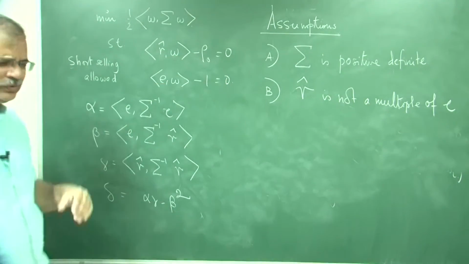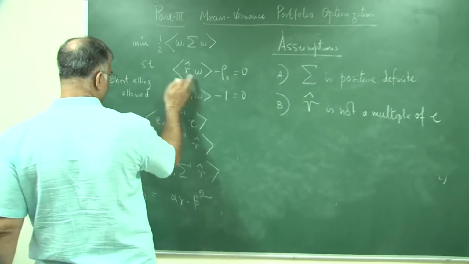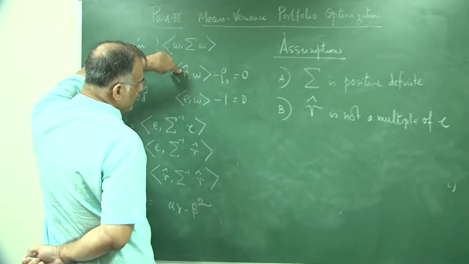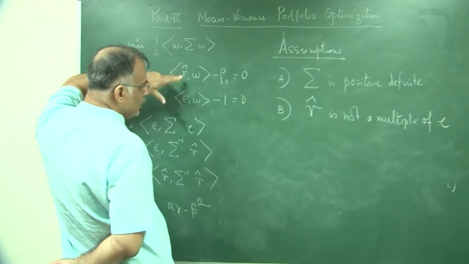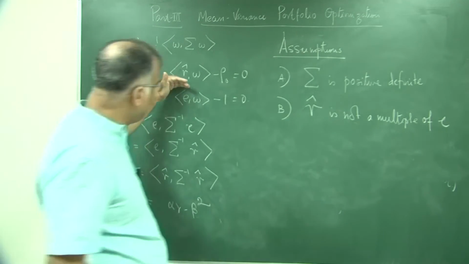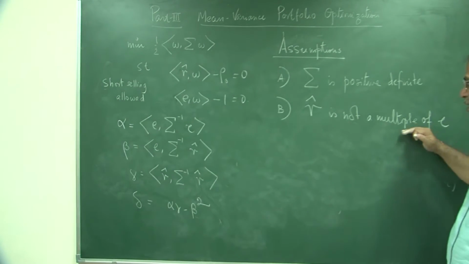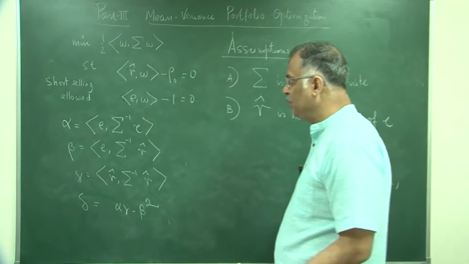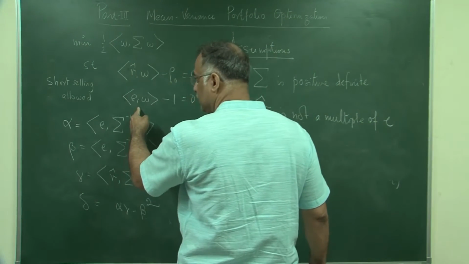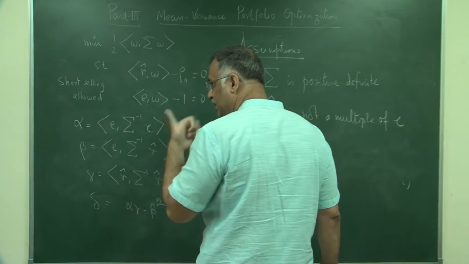If you take these functions h1(x), h2(x), h1(w), h2(w), the gradient here is R hat, the gradient here is E. If they are not multiples of each other, they must be linearly independent. So you are telling that the gradients are linearly independent. Let us see what this condition tells me. It tells me that there are two constraints and they are linearly independent,